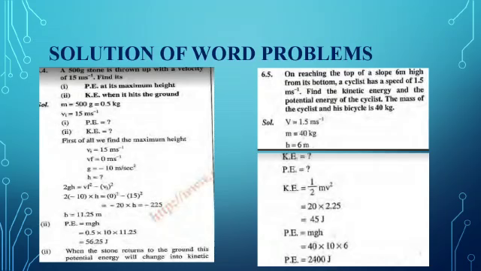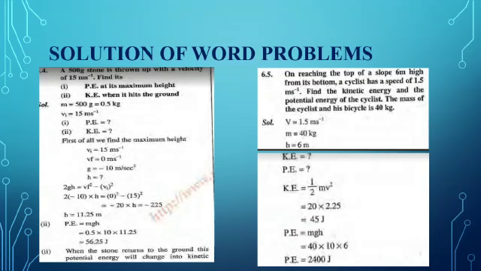So using the third equation of motion you discussed in chapter number 2, 2gh is equal to Vf square minus Vi square. So 2 into minus 10 into h is equal to 0 square minus 15 square. So in this way h is 11.25. Using this in the potential energy formula mgh, you will get 0.5 into 10 into 11.25, and it will be 56.25